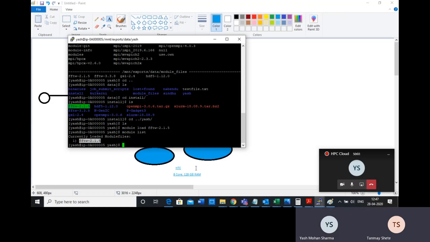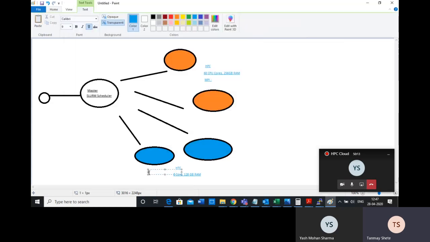Okay. Any questions until now? No. Okay. So now how to see which nodes are there, for example. How many nodes are there? Which ones are occupied? Or what is the status of my jobs, right? There are many things that you want to monitor.